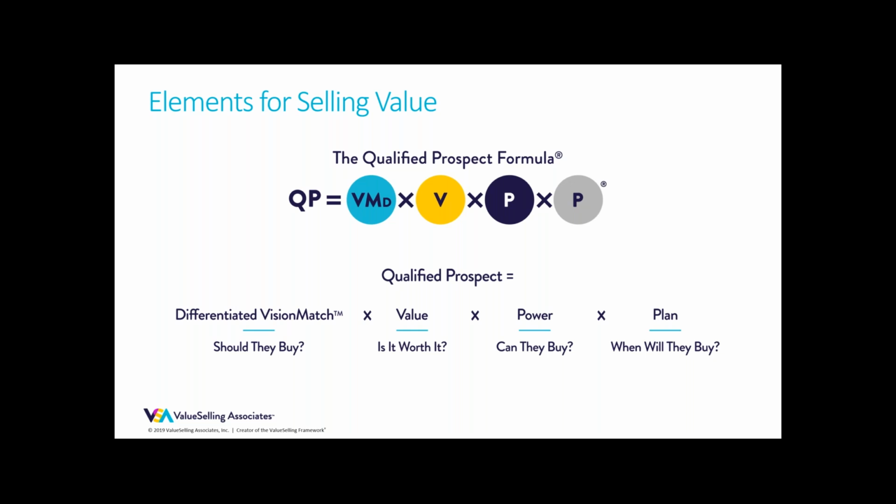Do you have something that would work in my business? Do you have something that I need or want? And if I don't know that I need or want it, can you ask some questions and help me recognize that maybe I've got a blind spot and I do actually need or want that? We call that a differentiated vision match, and that's the connection of our solution to the issues and problems that a prospect recognizes, and in a way that we can do something for them that nobody else can.